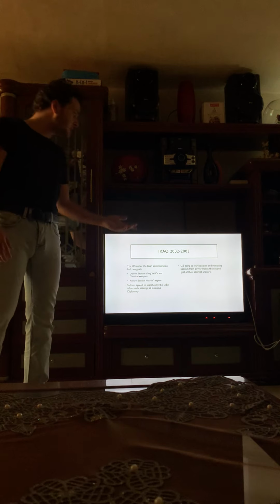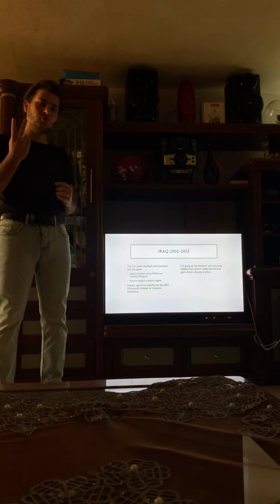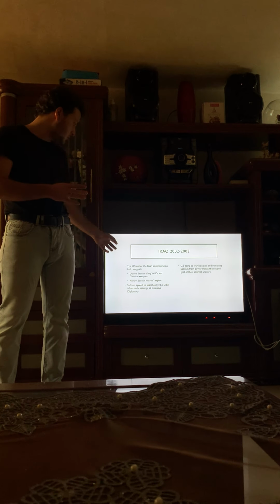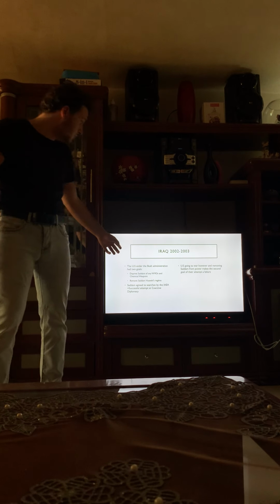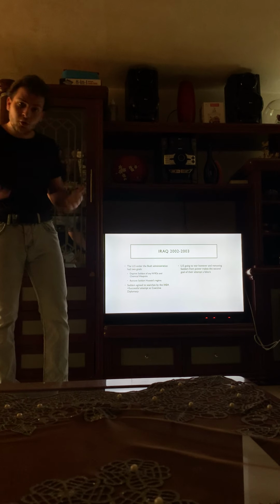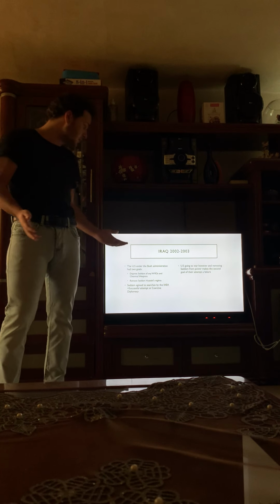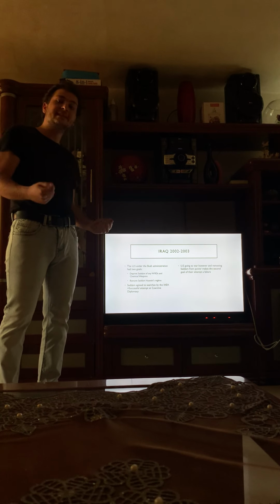Between 2002 and 2003, the US under the Bush administration had two goals. The first goal was to deprive Saddam Hussein of any weapons of mass destruction. The second goal was to remove Saddam Hussein's regime. For the first goal, they were backed up by the UN, because UN Resolution 1441 had to send